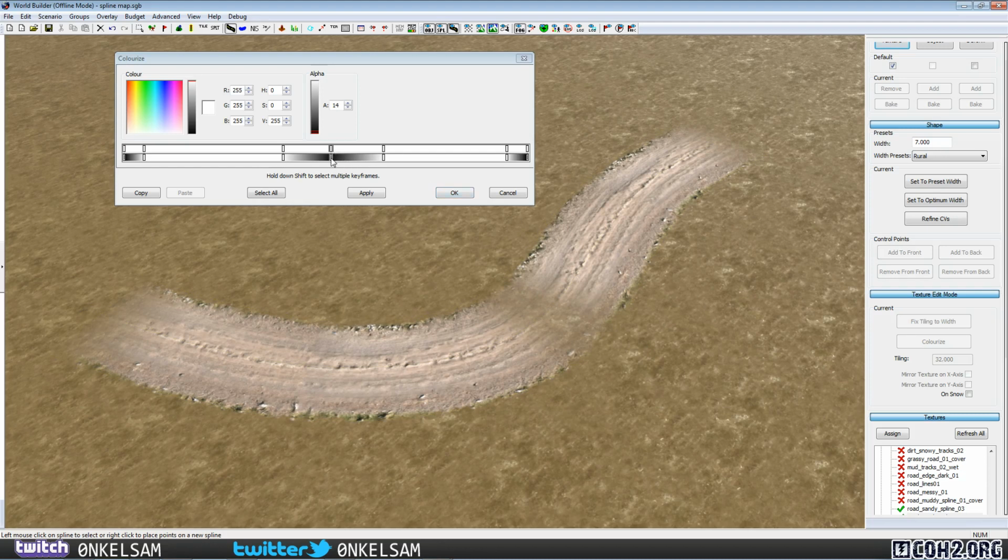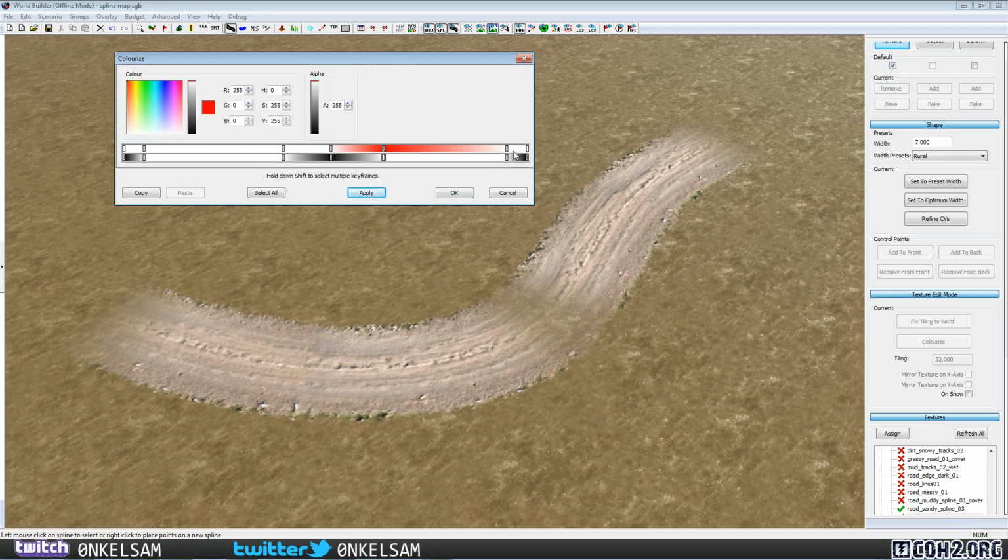Now I can also modify the color of my road. Say I pick this node over here and I want to change, for whatever reason, the color of my road to somewhat of a red tint. Then I select this point, pick a color over here, and I can change the saturation, or actually the darkness of this color, with this slider. And when I apply this change,